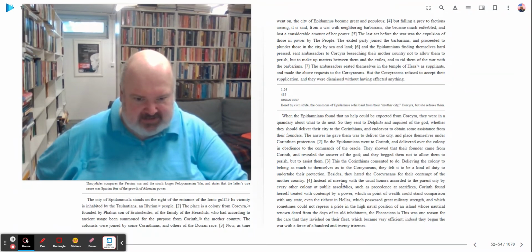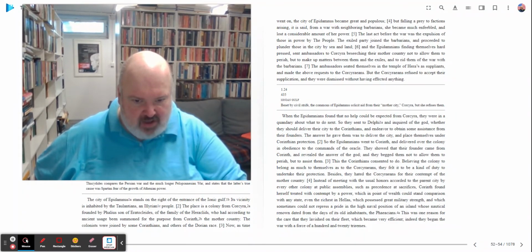They had contempt for their mother country. Instead of meeting with the usual honors accorded to the parent city by each other colony at public assemblies, such as precedence at sacrifices, Corinth found herself treated with contempt by a power which in point of wealth could stand in comparison to any city, even the richest in Hellas, which possessed great military strength, and which sometimes could not repress a pride in her naval superiority, on an island whose nautical renown dated from the days of its old inhabitants, the